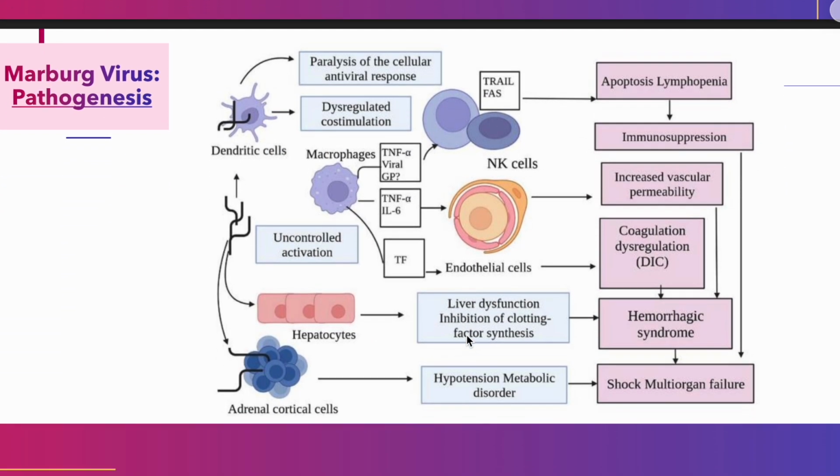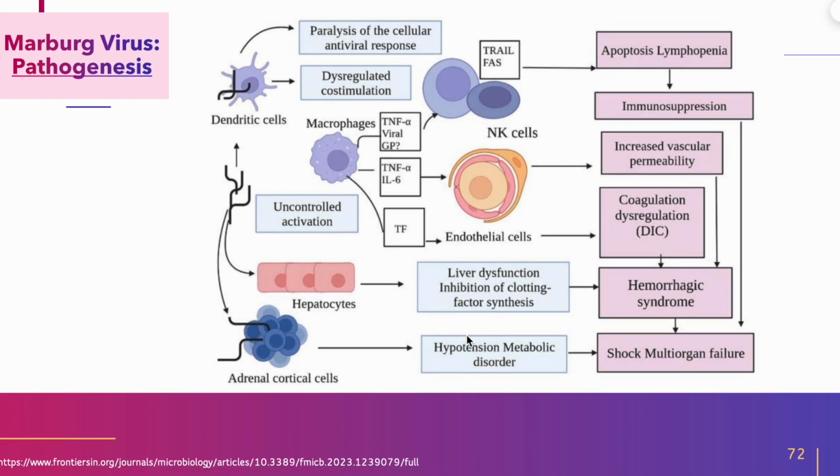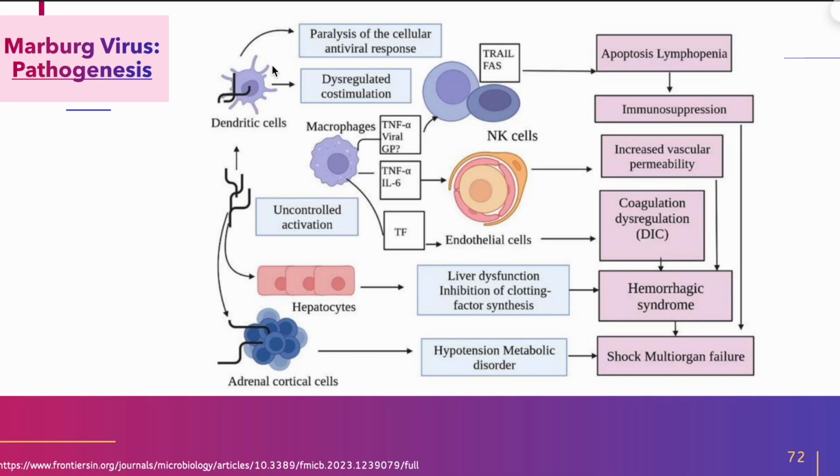The pathogenesis is still the same as the Ebola virus, so it happens with the entry of the virus, and it infects the dendritic cells or the macrophages in the lymph node, and it goes for the NK cell or with the fast pathway. This one you don't have to remember. Just know that these